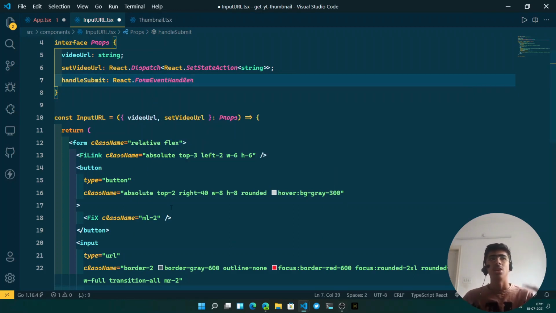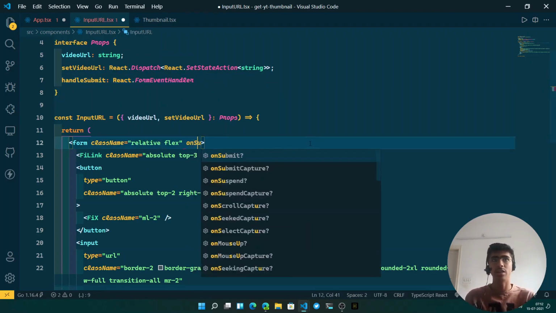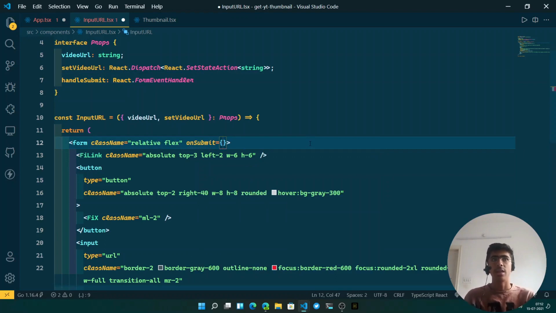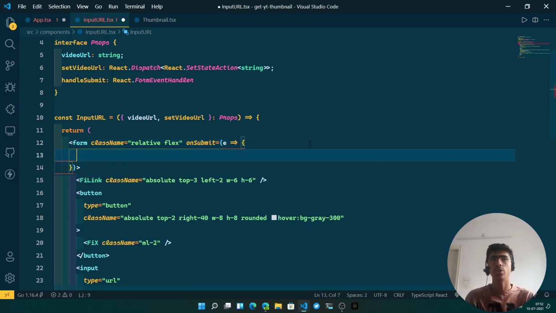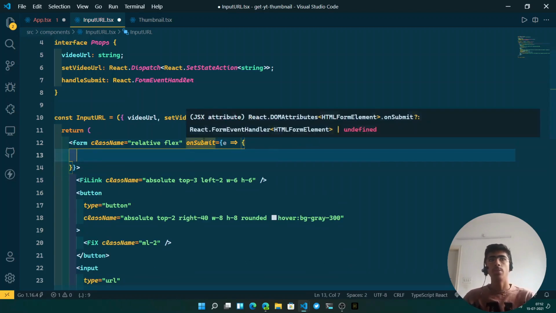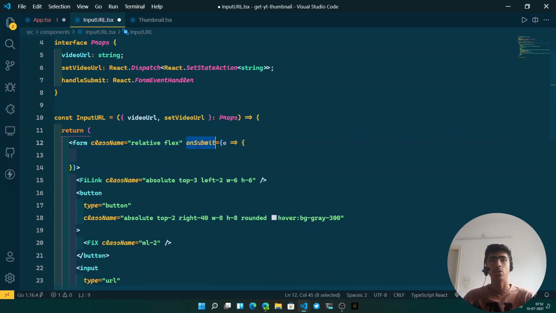What is this? Well, this is the type for the onSubmit event. If I go ahead and say onSubmit, and then use an arrow function right over here, whatever you pass in inside of this onSubmit